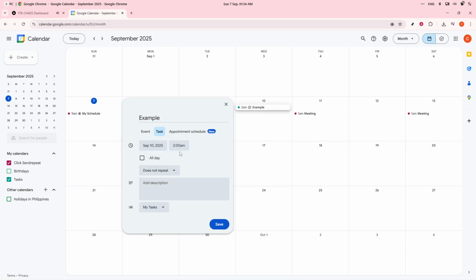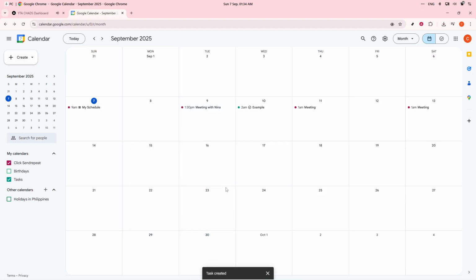Once saved, you'll notice your task appear in your calendar with a handy checkmark icon next to it. Next, I'll show you how to add a reminder, which is slightly different